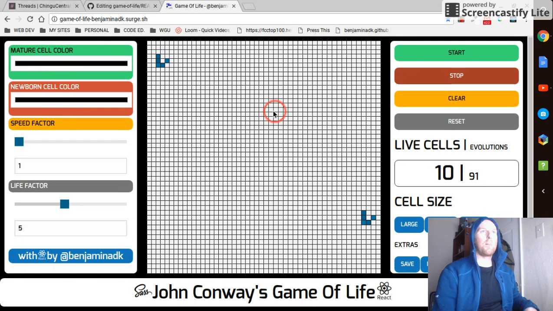Let's stop the board. I don't know. I forget what these are called, but I'm pretty sure if you have three things, that's just going to sit there and go back and forth like that forever. It's some kind of oscillator. So clear the board. Reset is going to give you a random board,